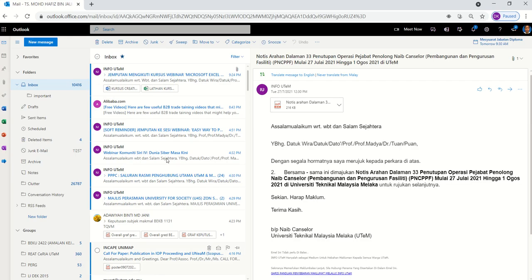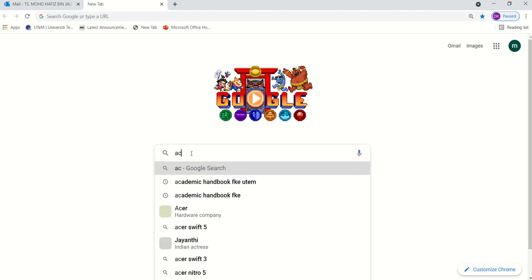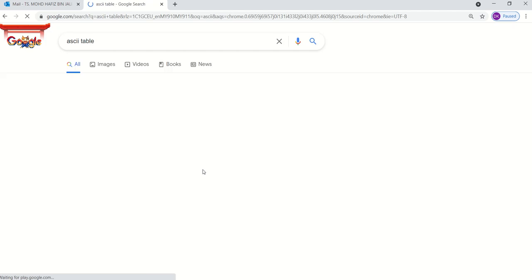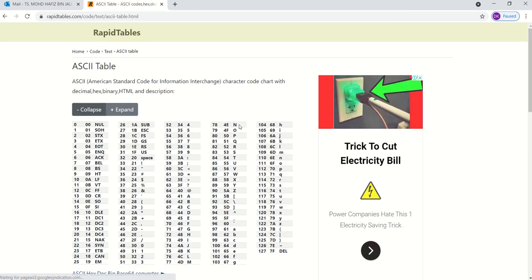For ASCII, you can Google the ASCII table. So you can see each character has a value, this one in decimal, this one in hexa.